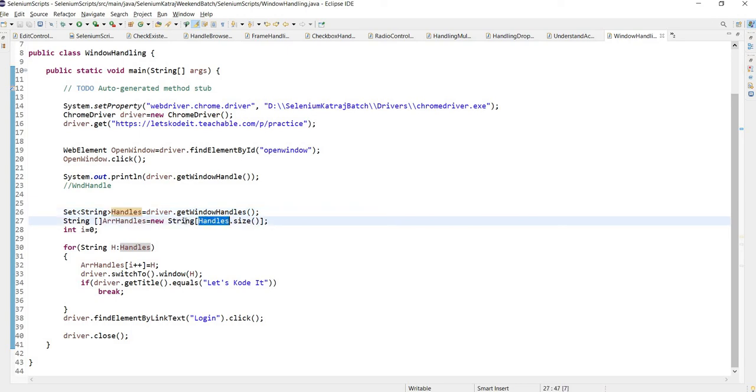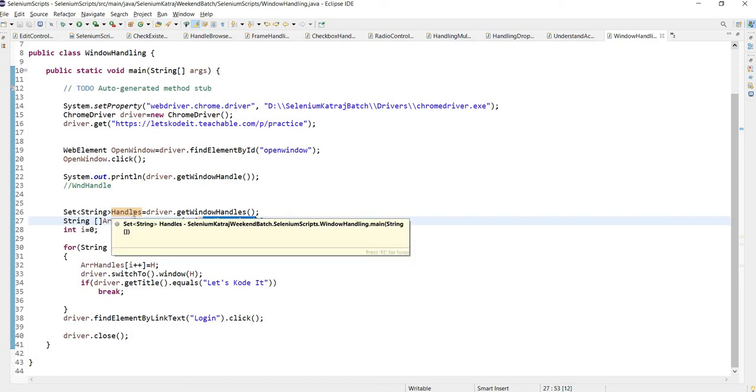That's why, while defining an array, we have to mention its size. I'm not hard coding any size here. I'm saying handles dot size. Whatever the number of elements in this set, I want to store all of them. Hence the size should be equal to the size of this set.